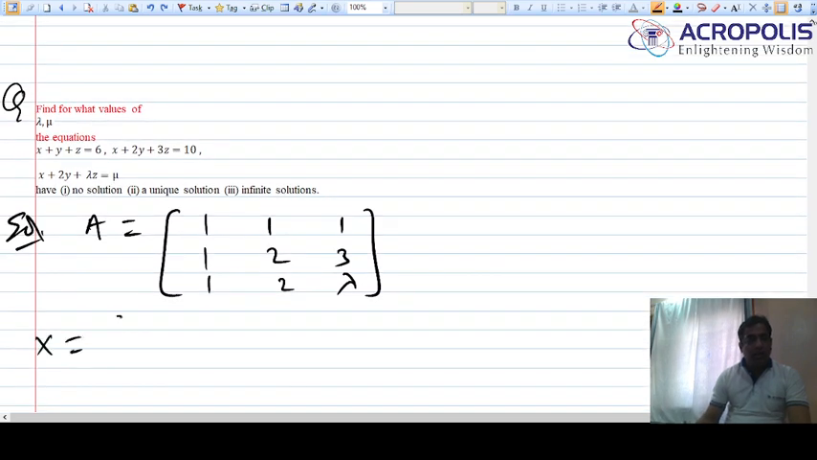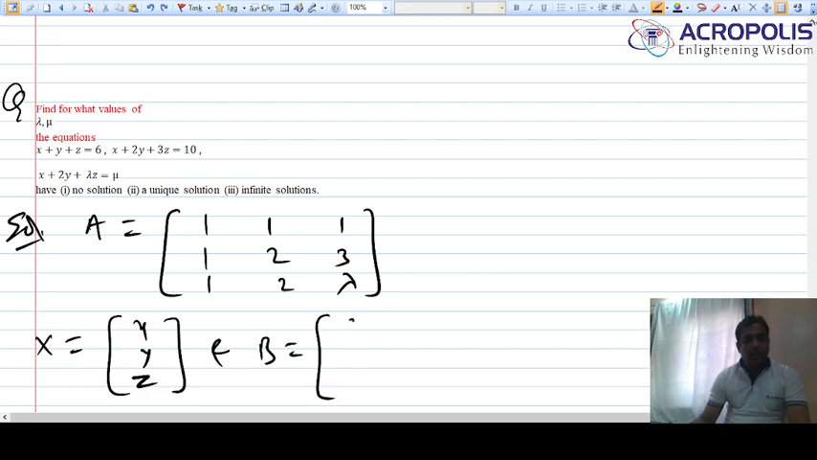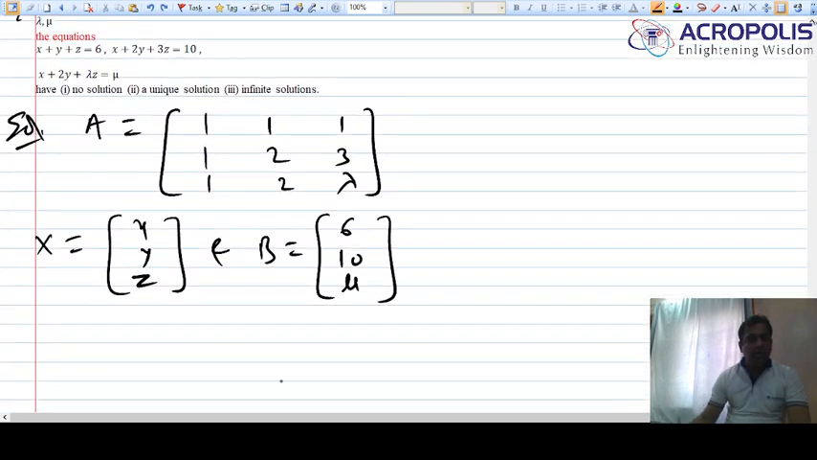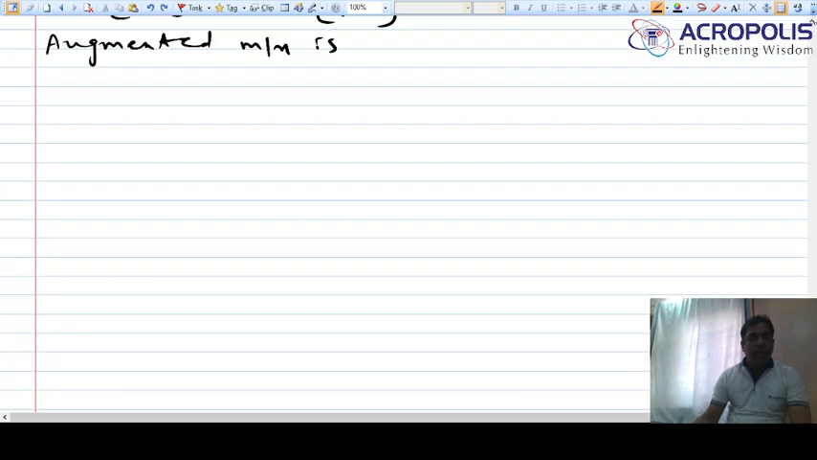Capital X is x, y, z, and capital B is 6, 10, mu. We already know the procedure how to find this. First we will find the augmented matrix here. What is the augmented matrix? A combination of A and B. So AB will be